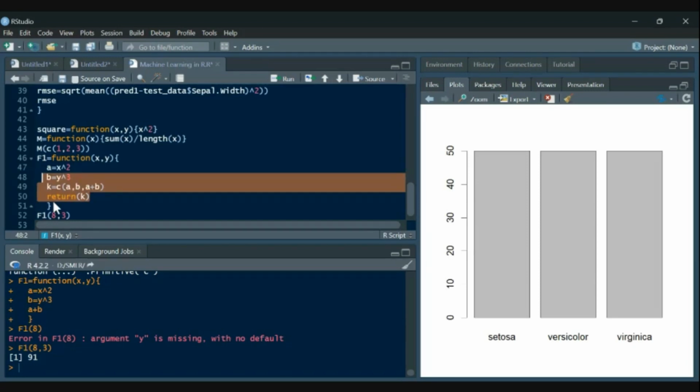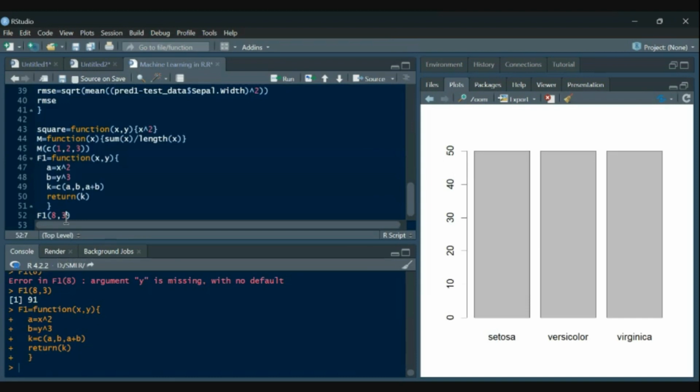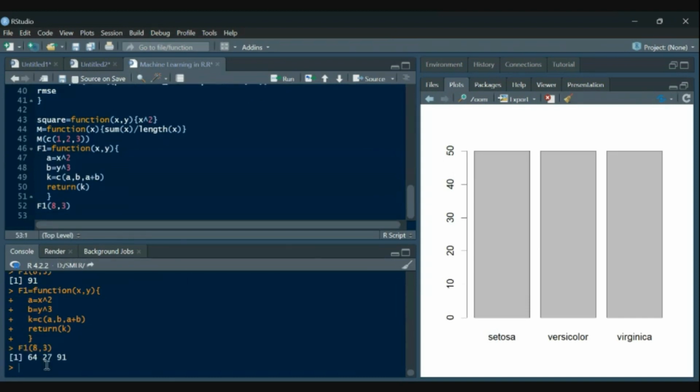Let's see what it gives me again. So 64, 27, and 64 plus 27 is 91. So it gave me the square of 8, the cube of 3, and then added them up to 91. So this is how it works.